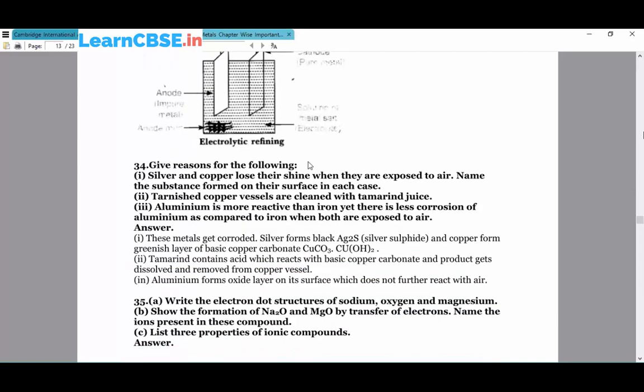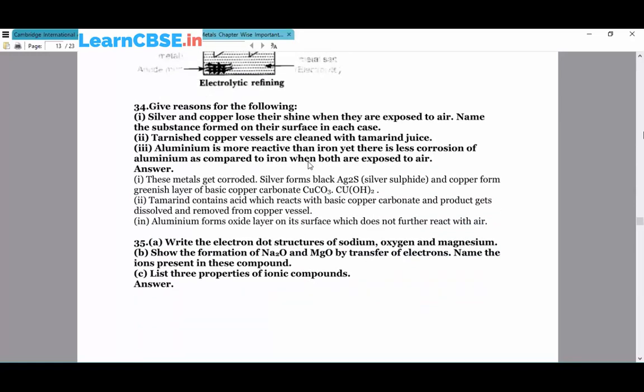Give reasons for the following. Silver and copper lose their shine when they are exposed to air. Name the substance formed on the surface in each case. The metals got corroded. The silver forms the black Ag2S, that is the silver sulfide, and copper forms a greenish layer